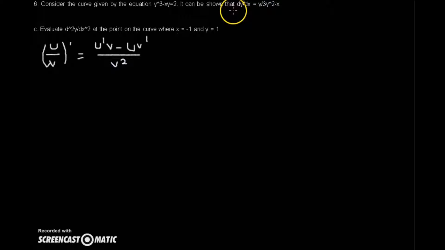And we're going to apply that to this equation. And so we're going to do dy over dx, parentheses 3y squared minus x,